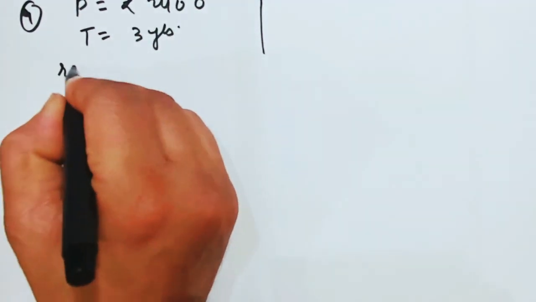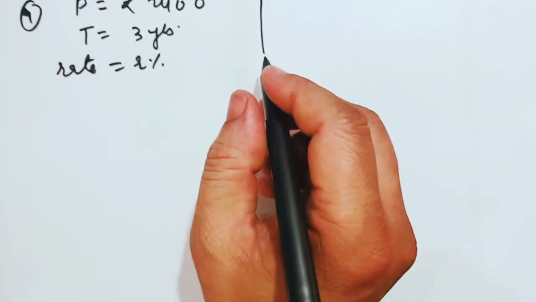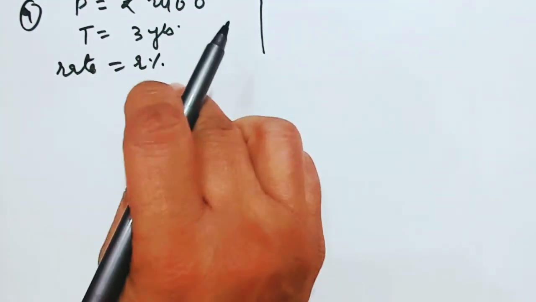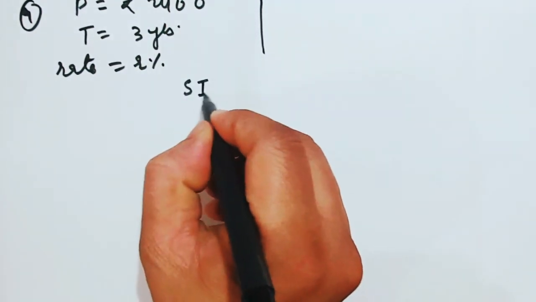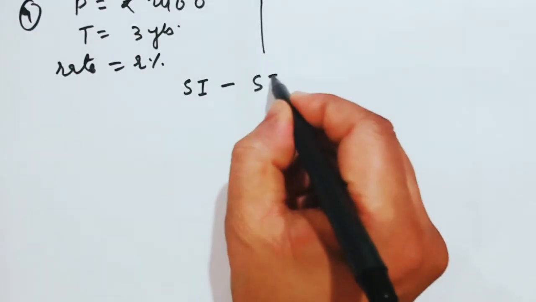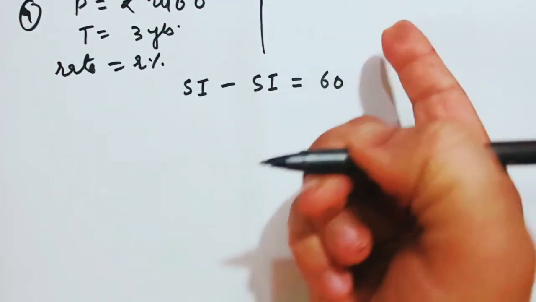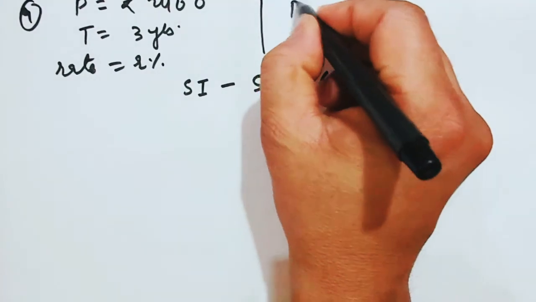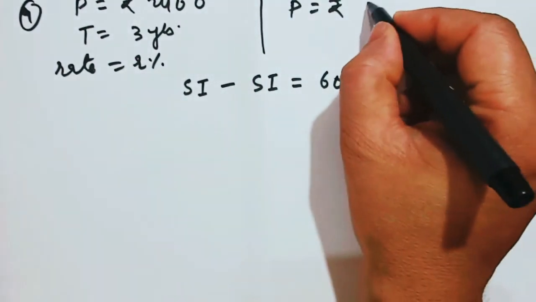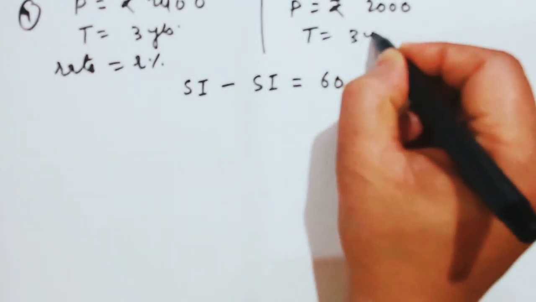और रेट दे हैव नॉट गिवन यू, ने बोला कि नहीं यार रेट तो अभी तो नहीं देंगे, खुद निकालो. But they are saying that if the interest on rupees this much, that is this particular interest, ये वाला इसका simple interest is more than ये वाला का simple interest by how much, by ₹60. तो ये वाला क्या वाला है? This is, they say that the principal over here is, or the next principal is your ₹2000, and they have given you time also as 3 years.